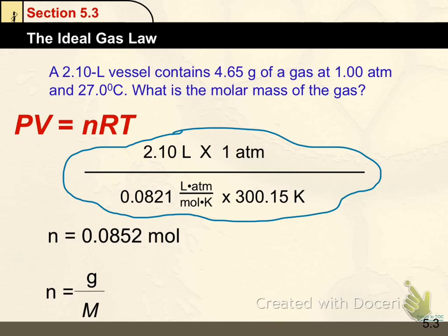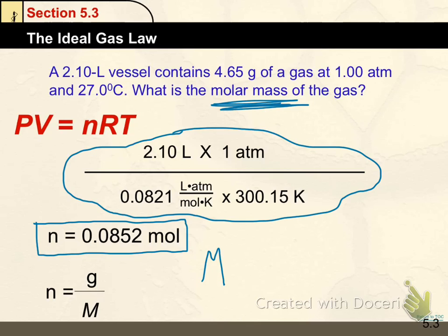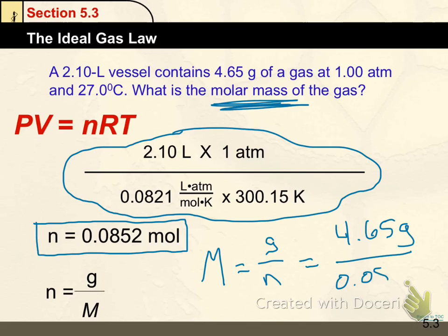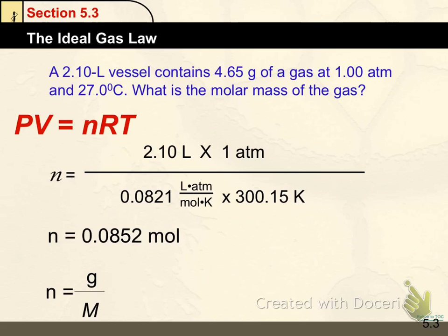And if I solve for n, which we can do, this is what I get. I get n right here. Okay. And remember, n equals mass divided by the molar mass. So what are we looking for? We're looking for the molar mass of the gas. So can we rearrange that? Sure. We can get the molar mass, capital M, equals grams divided by moles. Well, grams is given to you, as is moles. Well, we found moles, right? And there you go. And from that, we should come up with the correct answer.